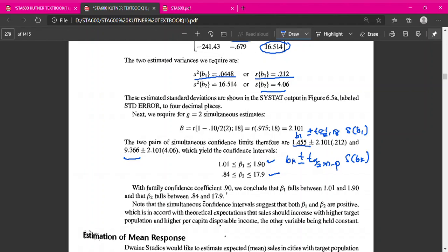What can you conclude here? Okay, kat sini we can conclude that with a confidence coefficient of 0.90 ataupun we are 90% confidence that B1 falls between 1.01 and 1.9 which is this interval, and B2 falls between 0.84 and 17.9. Lagi elok, lagi proper if you can